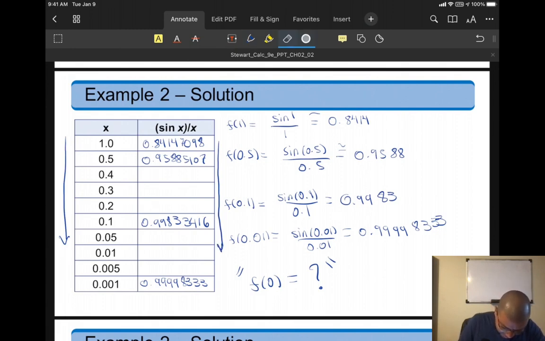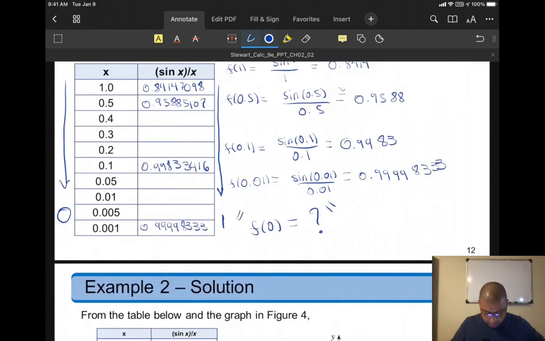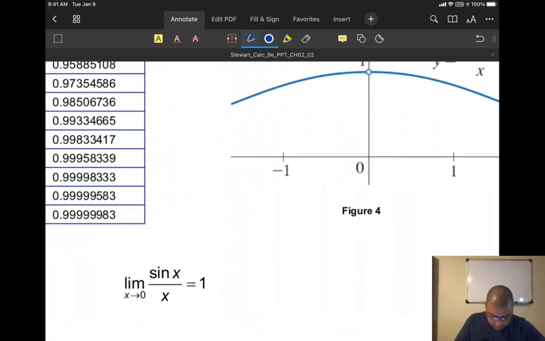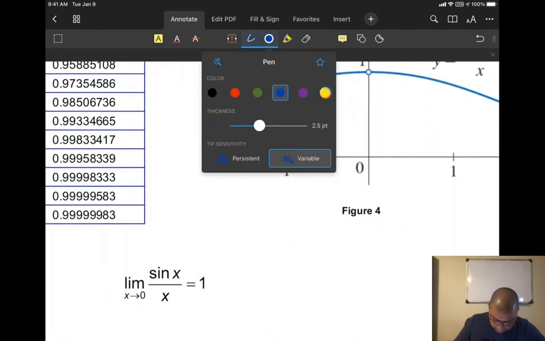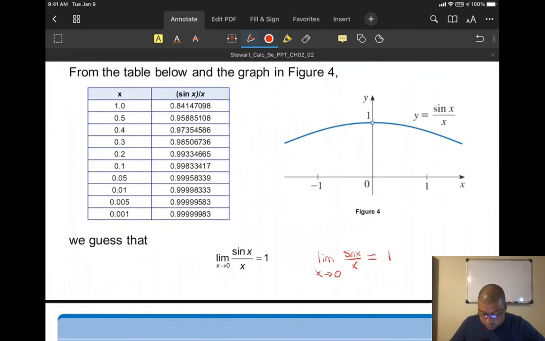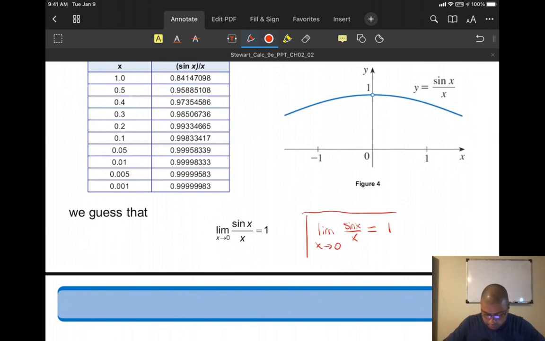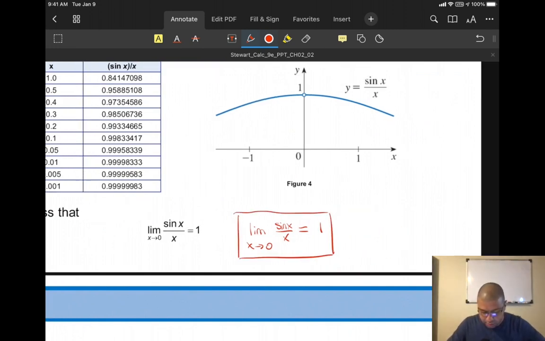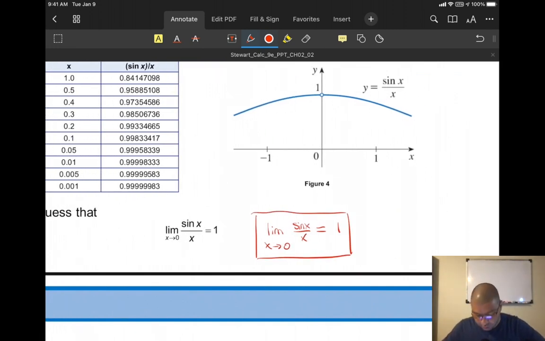This value gets closer and closer to 1. So basically what we're saying, we have the answers here, is that, I write with my own handwriting so you see the process of me writing. It's the limit as x goes to 0 of sine of x over x, and that equals 1. That is sometimes called, and this is going to be used again, an important limit. So this is the fundamental